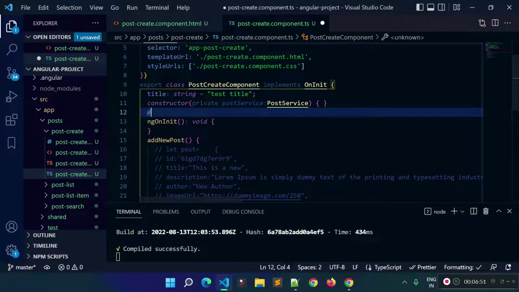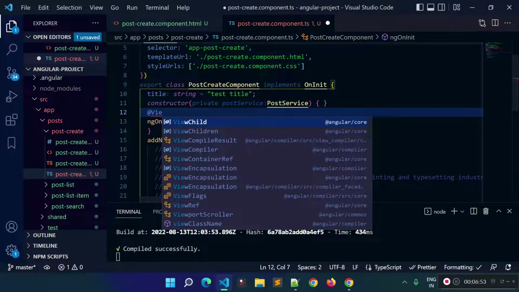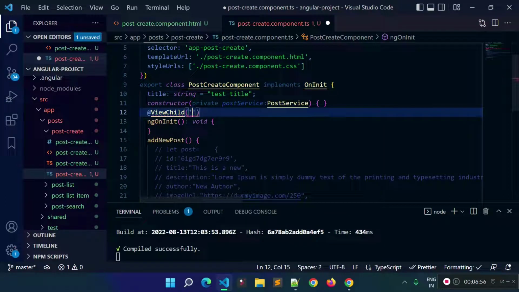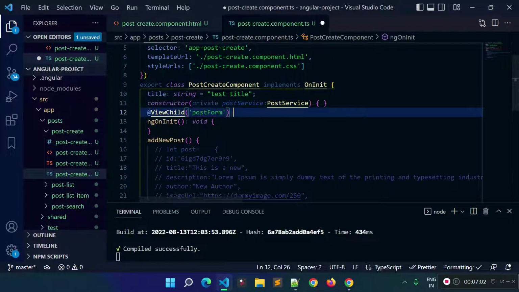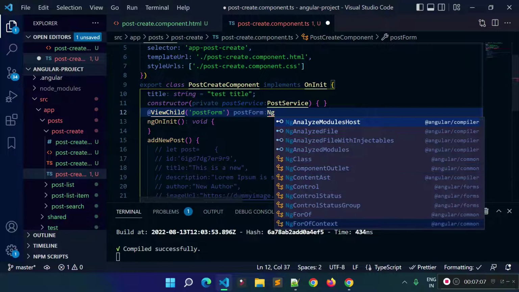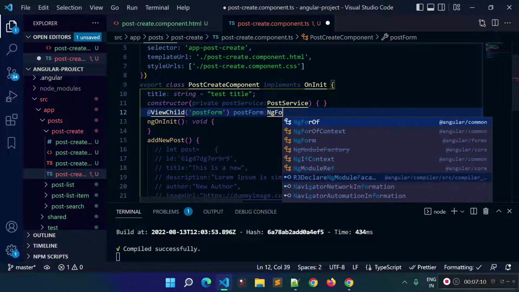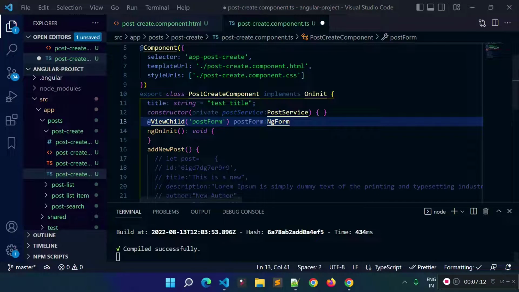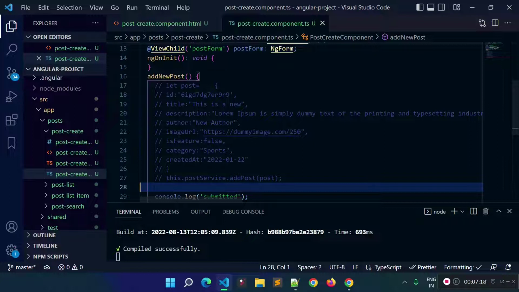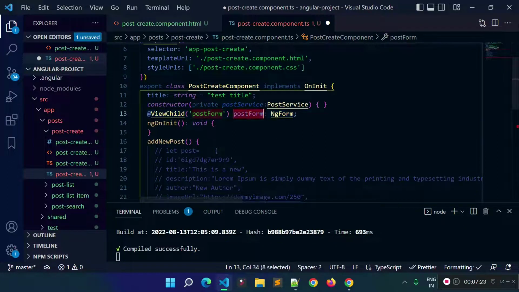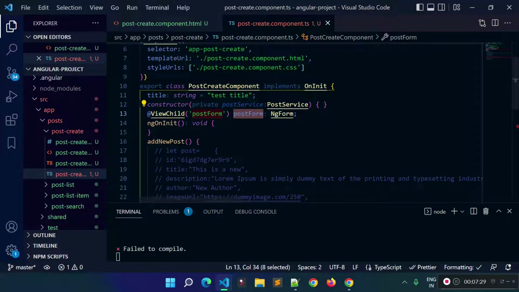We can get this with the help of the viewChild decorator. So let's add the viewChild decorator here, and inside this viewChild decorator we need to provide the template variable name, which is post form, and I'll store it in a local variable called post form, and this will be of type NgForm. Now inside this add new post method we can check the form status, right? So how can we check the form status? We can check it with this local variable where I'll store the NgForm instance of our post form, right? So let's say this dot